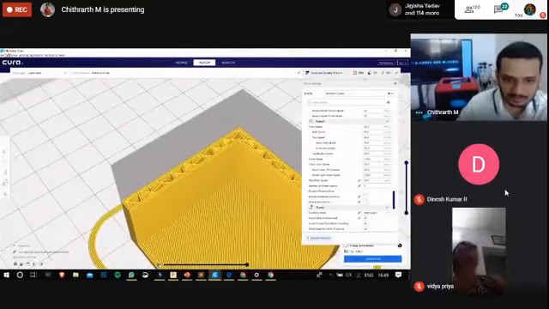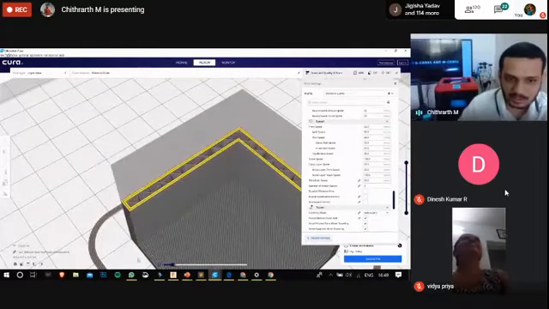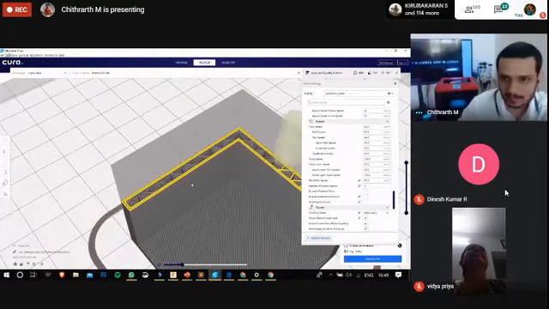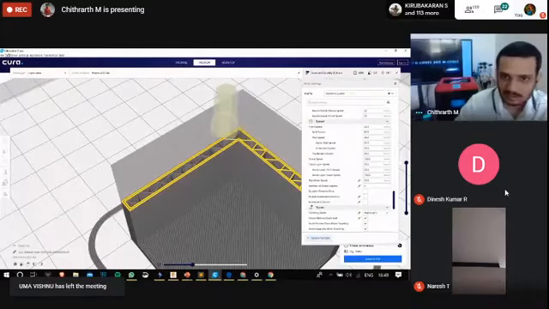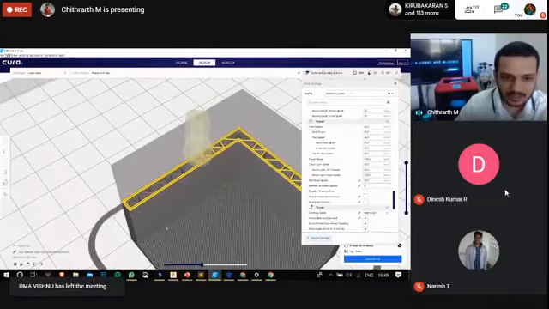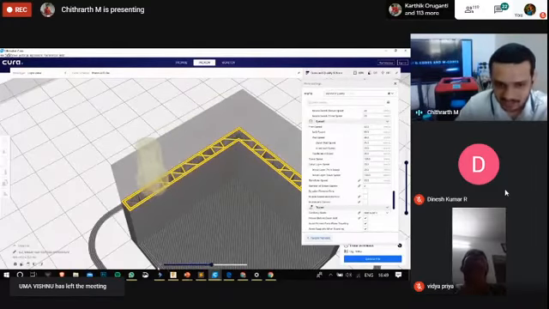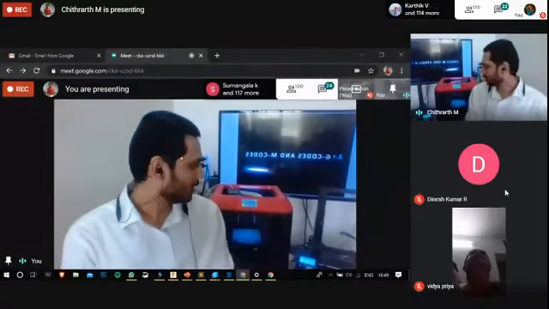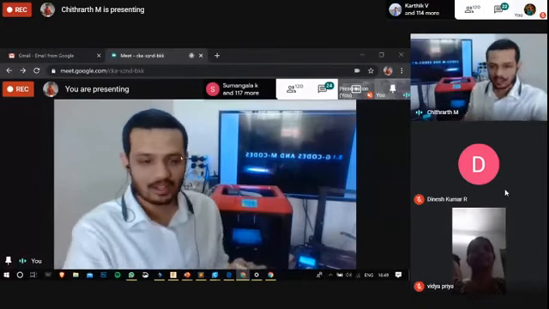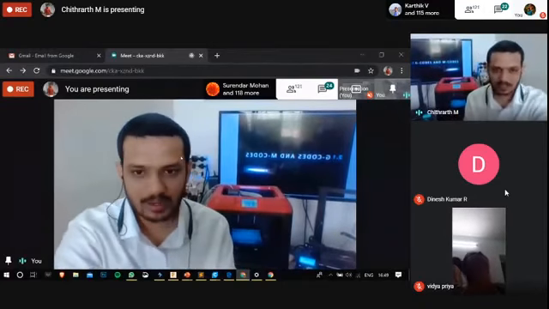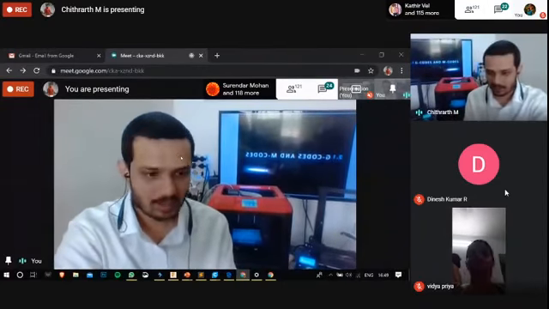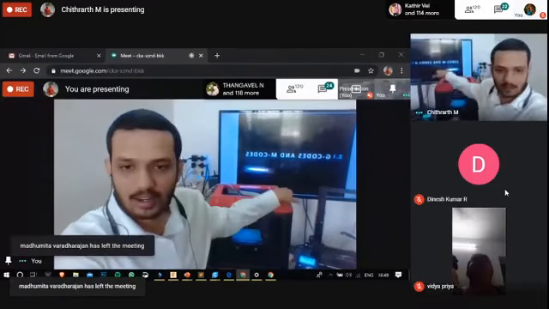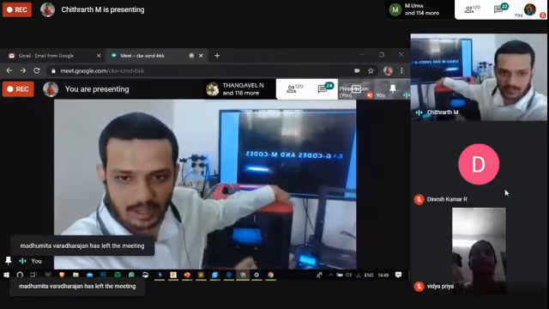All right, so this is how the part was manufactured. I do hope you got a glimpse into how these machines work. In tomorrow's session, we are going to deep dive into what it requires to build a 3D printer.